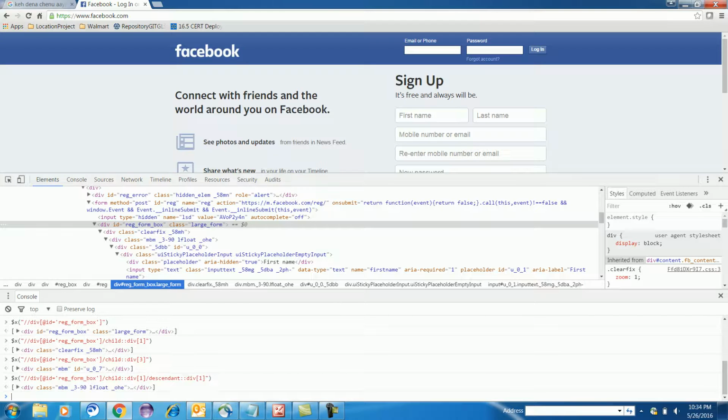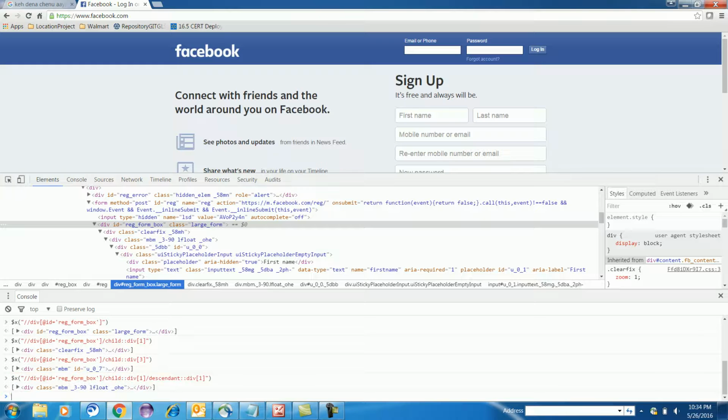If I press enter, first name is getting highlighted, but there is one catch here. What is happening is the first name with extra space is getting highlighted, which means we still have not got the right XPath. So we will try to modify this XPath one more time.